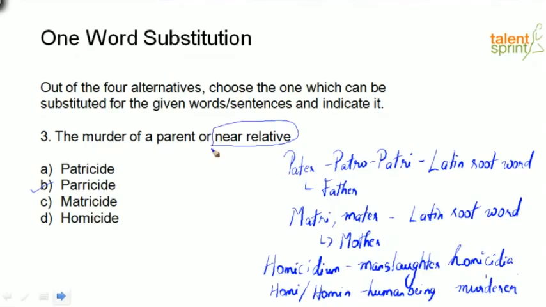So the answer here is parricide because parricide is the only thing that can exclusively connect to the near relative apart from a parent. Homicide just says general, no? It doesn't necessarily say a near relative. Very clearly, parricide is the only option where you can include killing of a father, killing of a mother, or other near relative. I can't look at the remaining three options because this is exclusively for father, this is exclusively for mother, and homicide is just one person killing another person, right? So, not necessarily a near relative.